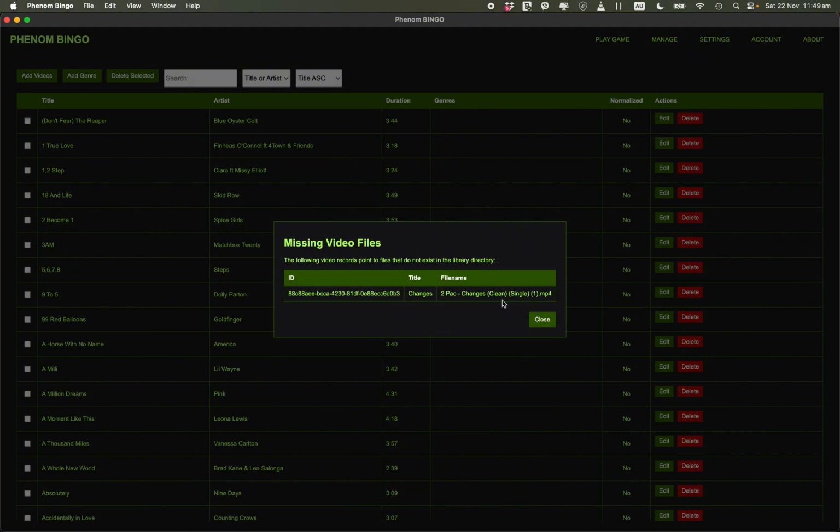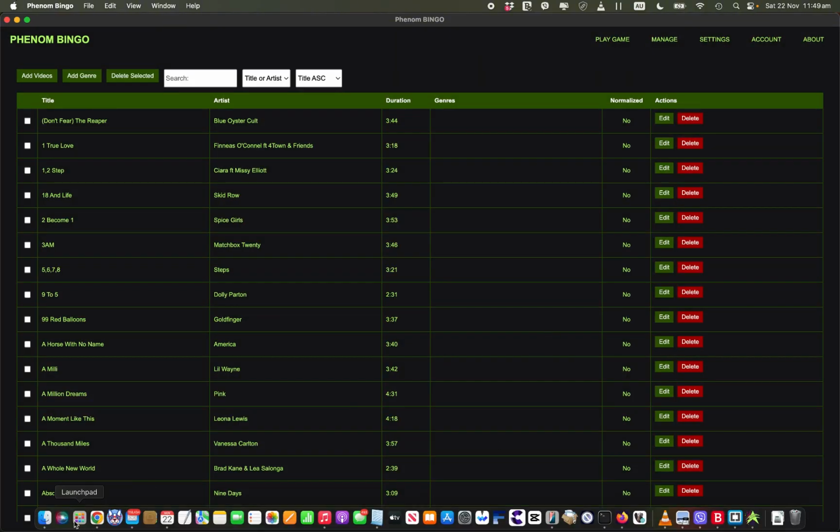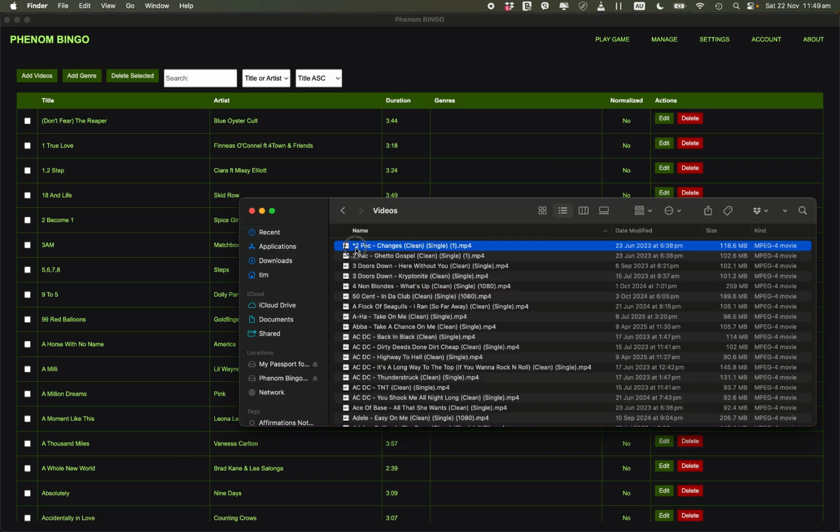So if you get a whole bunch of files missing and you've got your files stored to an external drive, maybe you haven't got your external drive plugged in. But what I highly recommend you do is, if you have a missing file, go find it and copy it back into your video library. Okay, so I'm just going to come back. I'm going to change my file name back like so. Okay,